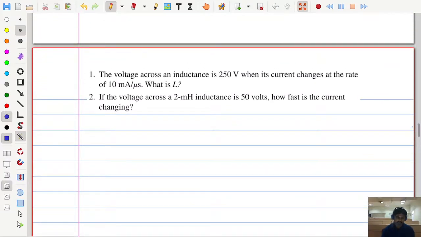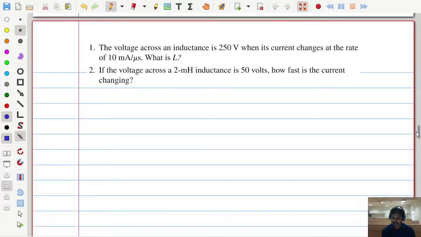Now with that, let us take these problems. See this. Just read this question carefully. Make a note of these things in your notebook. Right? So what are we saying here? Voltage across an inductor is 250 volts. Try to make a habit of solving the problems in this way, sentence by sentence, word by word. Voltage across, see this terminology, across,